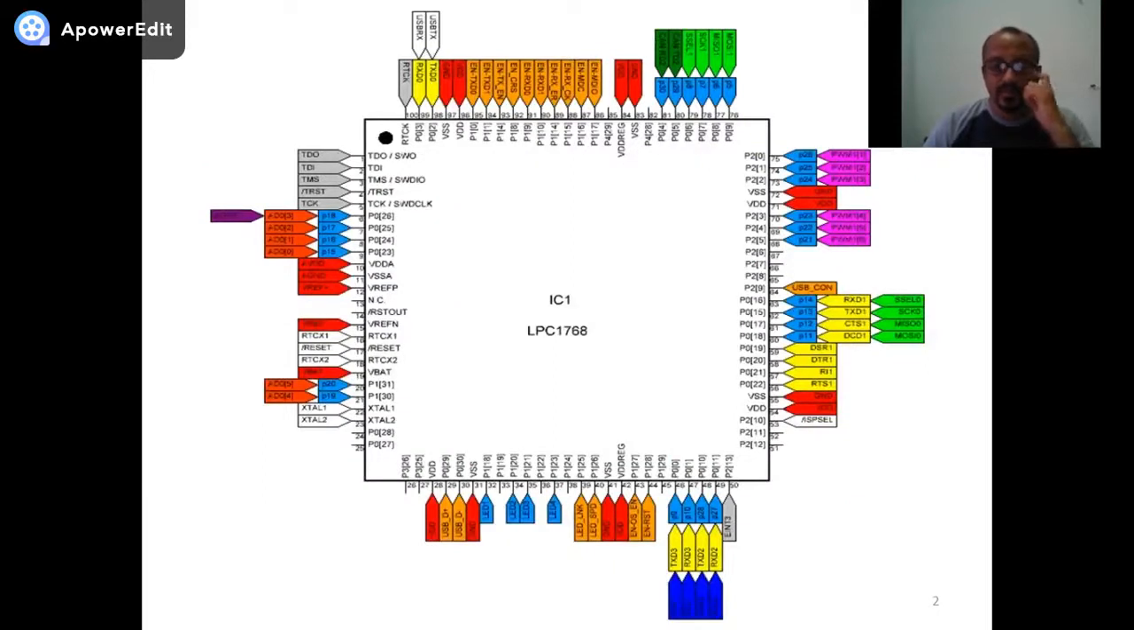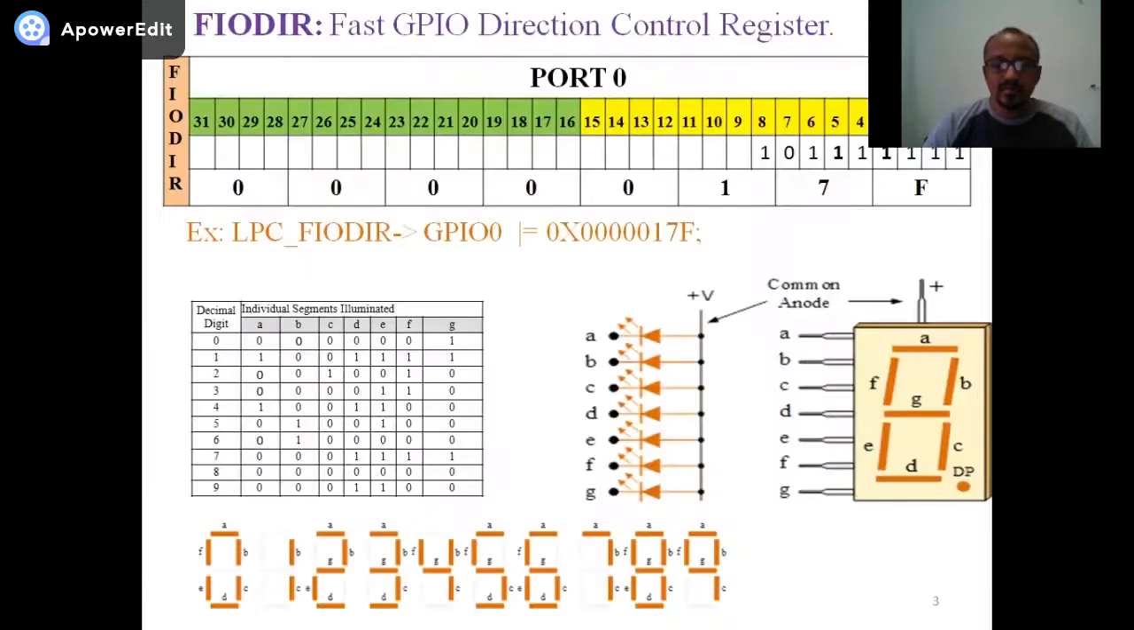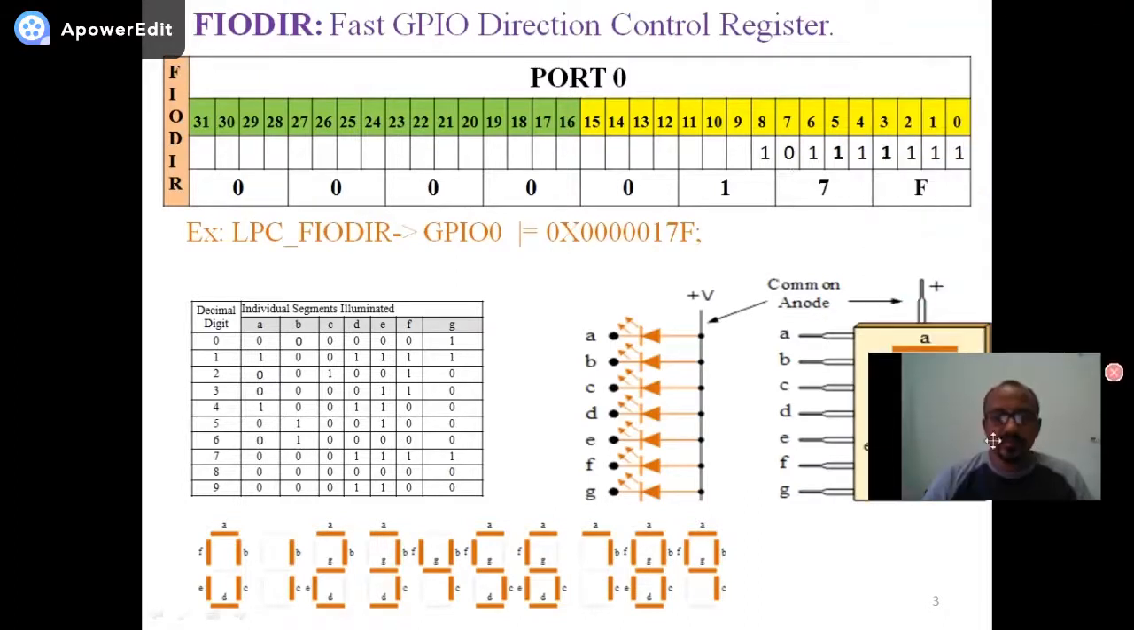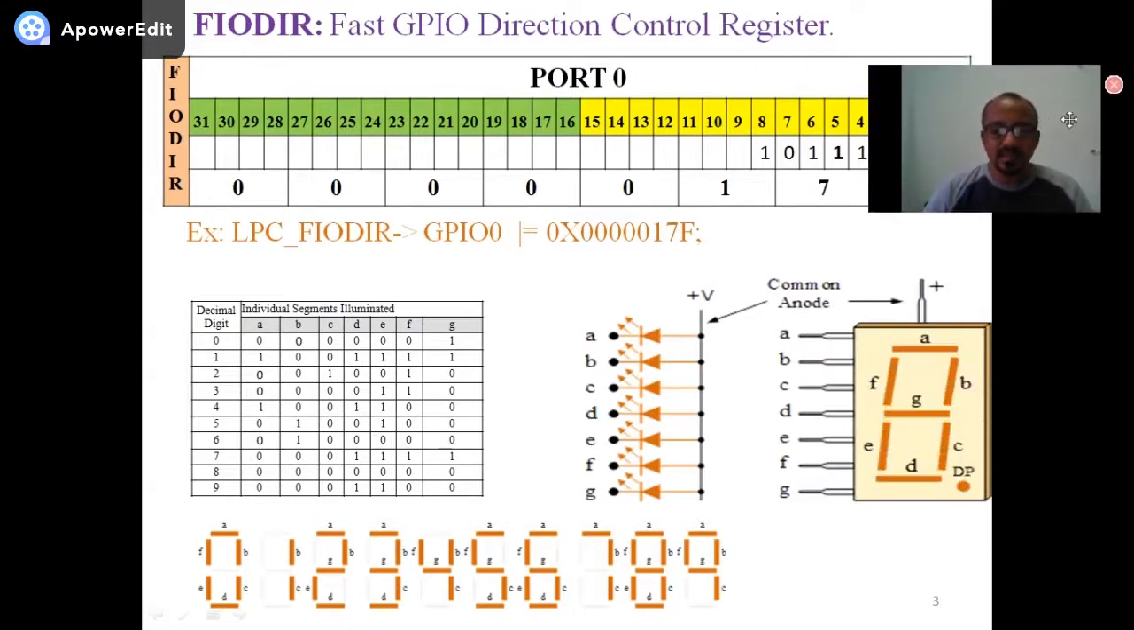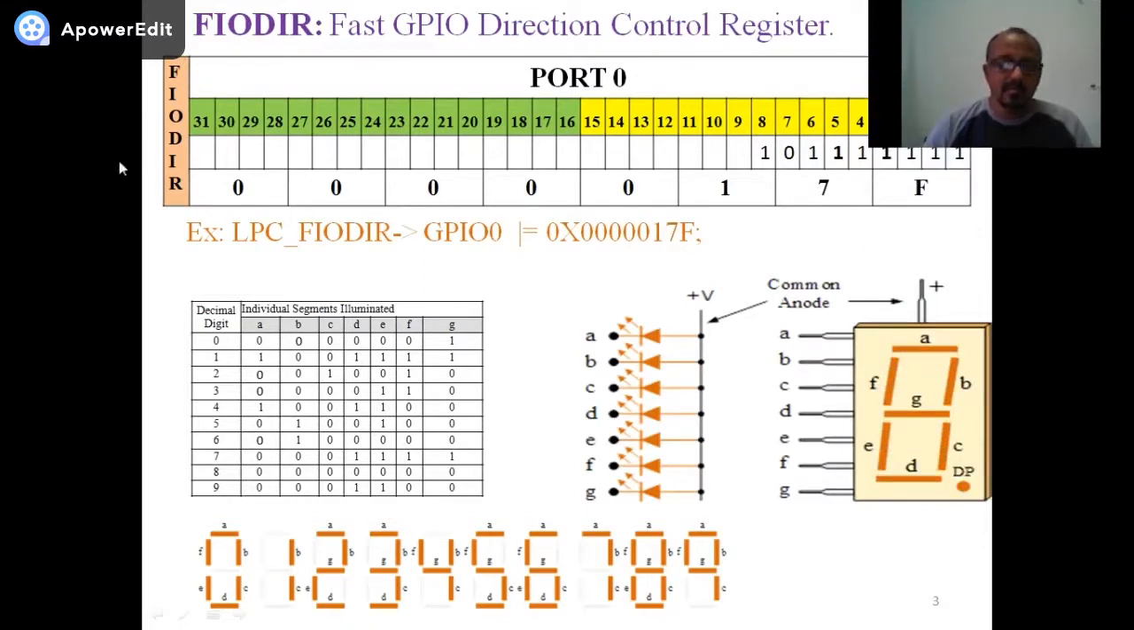So for that, I am configuring the P0 port, and port P0's P0.A to P0.8 are all configured as an output port, and to these pins this 7-segment LED display is connected. So for that we have to configure the FIO direction as in the example what is explained,